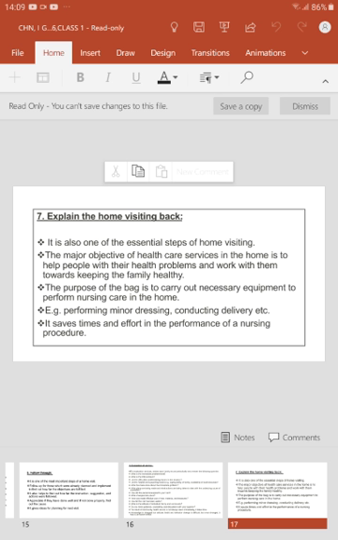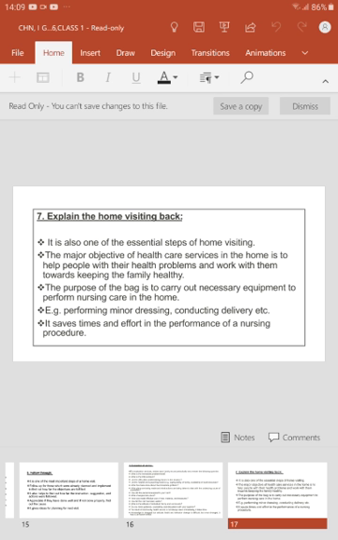So what you can do here is, with the help of the bag we can give appropriate care, okay. So in the home visit bag, certain equipment will be there for conducting deliveries, okay. So for performing minor dressings and conducting deliveries, we have some small equipment as well as some instruments in our community bag, okay. So while we are going for a home visit, we will be explaining about the bag, okay.